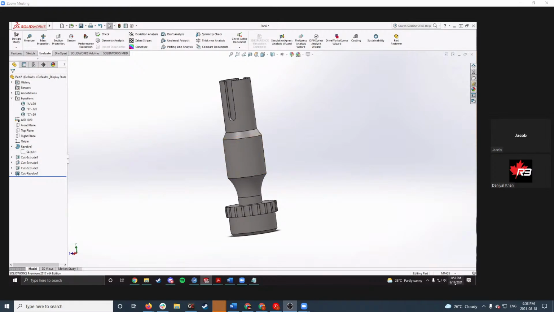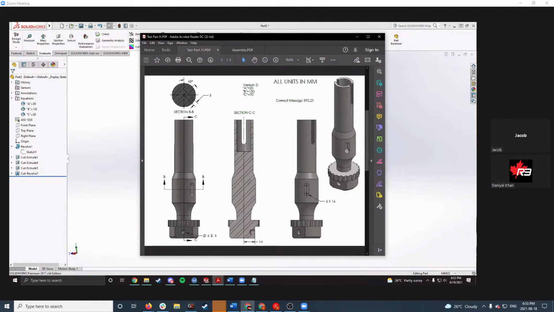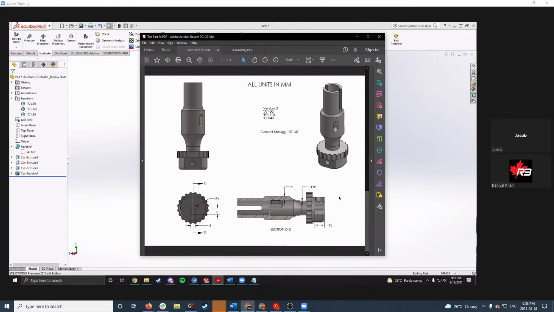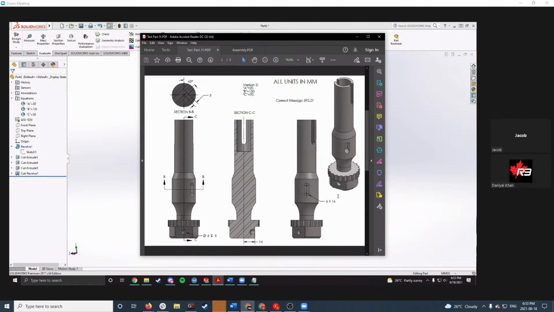Okay. I'm not going to go through exactly how to do everything in these next two versions of the part, but I will go through what I think are the important features. So I'm not going to change these variables and check the mass, but I should double check that before I send the document out for you guys next time. I'm going to show you how to do this in this one,